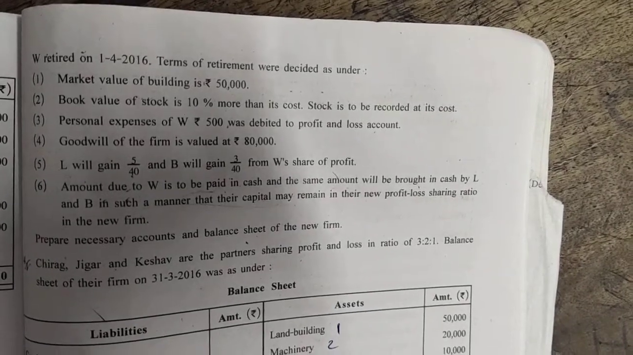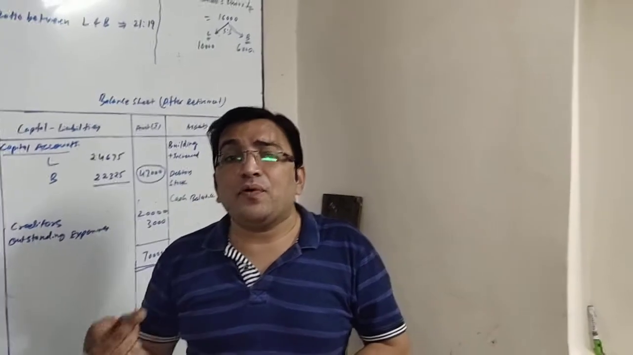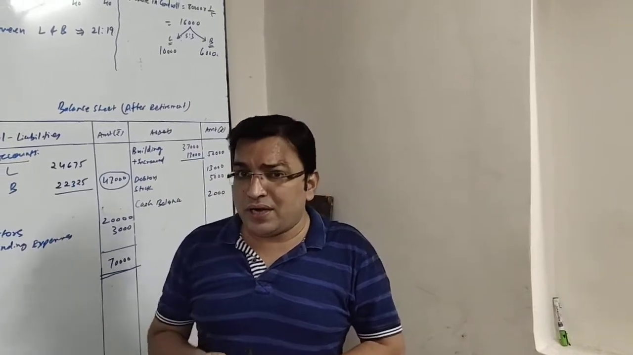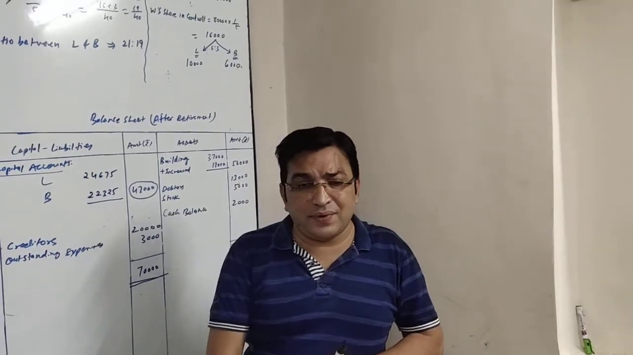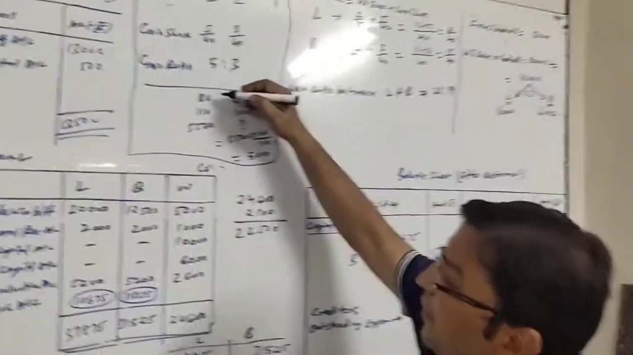Stock is to be recorded at its cost price. Stock adjustment says that book value is 10% more than its cost and it is to be recorded at cost price, and total stock price is given to us as rupees 5,500. So friends, here the calculation is,